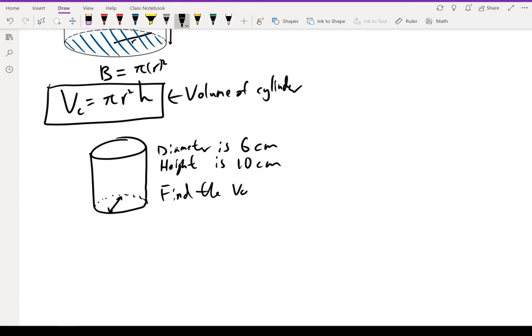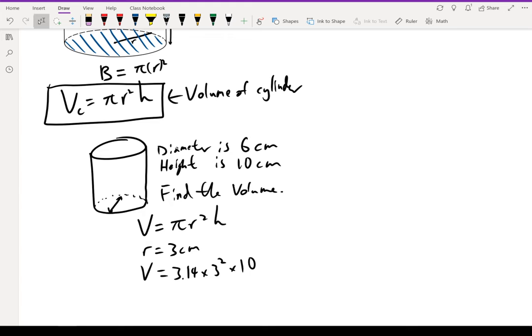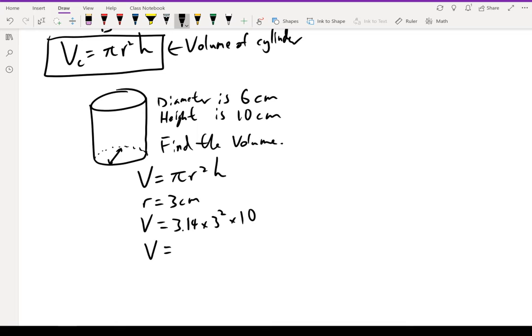Find the volume. And so how do we find the volume? Well, V is equal to pi times r squared times h. And then r, the radius, if the diameter is 6, radius is equal to 6 divided by 2, which is 3 centimeters, which means that the volume is equal to 3.14 times 3 squared times 10. So that will be equal to 3.14 times 9. Multiply that by 10, we have